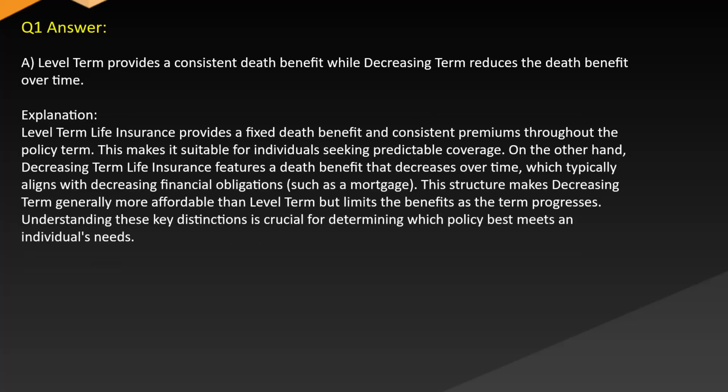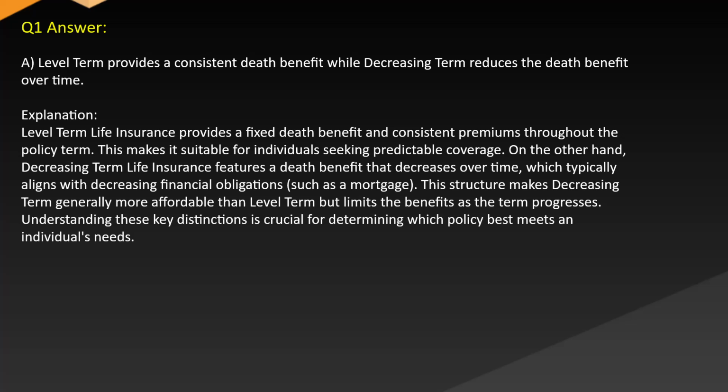Answer: A. Level term provides a consistent death benefit while decreasing term reduces the death benefit over time. Explanation: Level term life insurance provides a fixed death benefit and consistent premiums throughout the policy term. This makes it suitable for individuals seeking predictable coverage. On the other hand, decreasing term life insurance features a death benefit that decreases over time, which typically aligns with